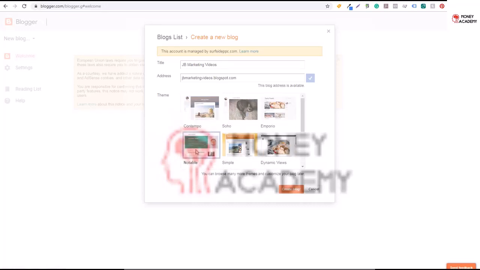My favorite one here is Notable. So Notable is not a terrible one. Some of these other ones kind of look like websites from the past, so you don't really want your website to look like an old website. You want it to look new, so when people do go onto it, it looks like a brand new website and something that someone keeps updated,